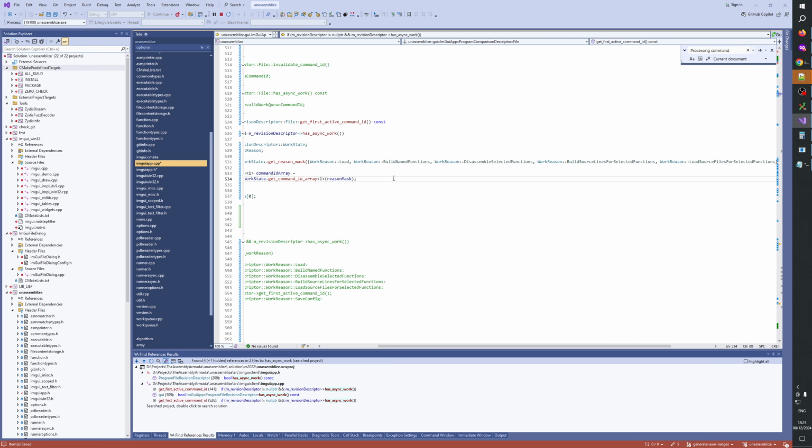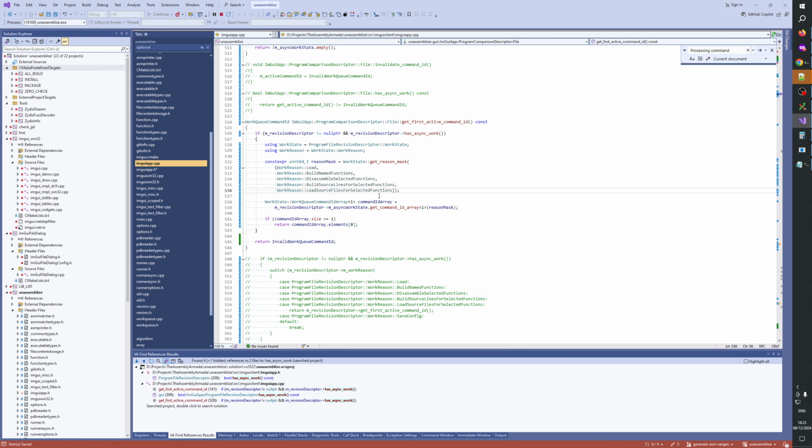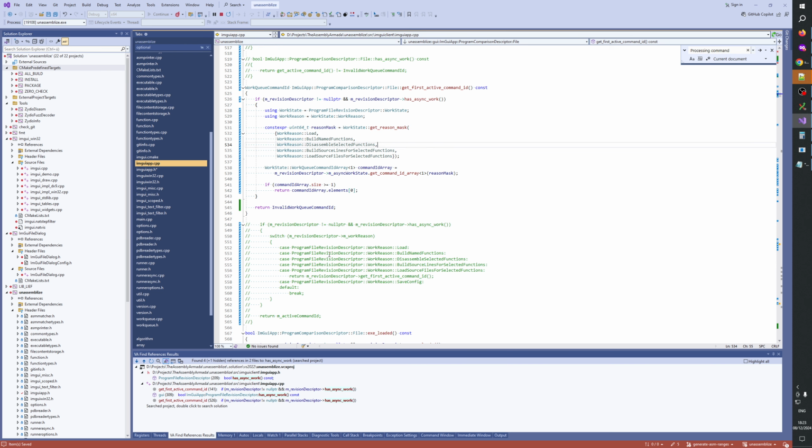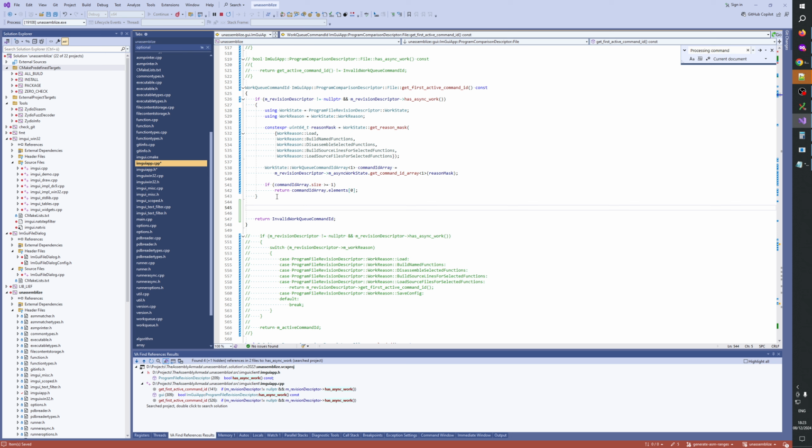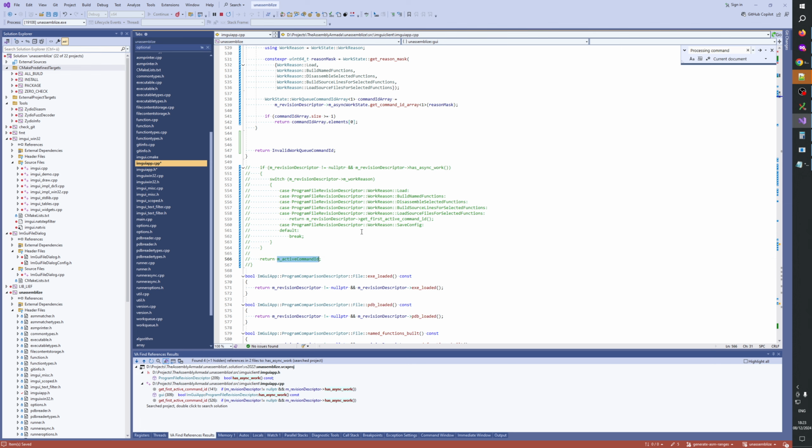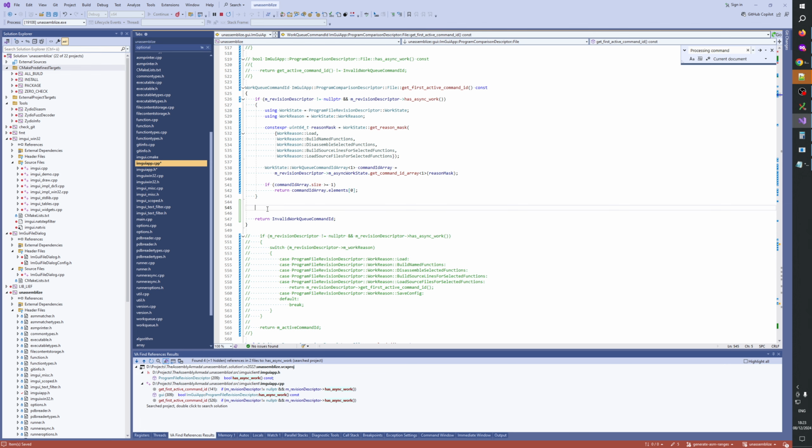Okay, so these are our reasons. And this is statically compiled, constexpr, so there's no runtime cost to this. That's good. And down here we basically active command ID, the first one. So we do